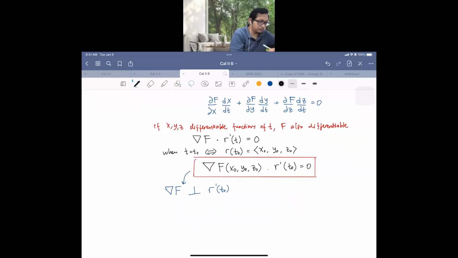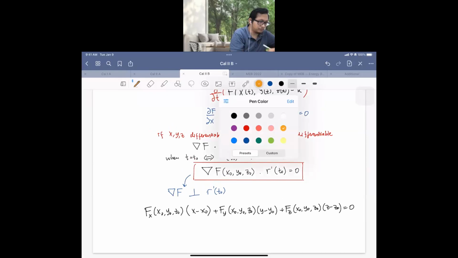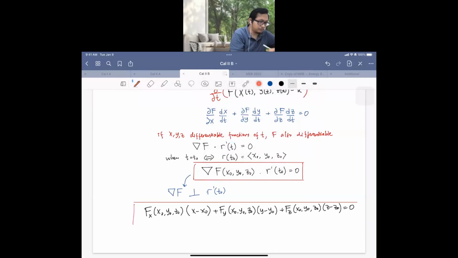Now the tangent plane, from these equations, we can write that the tangent plane equation is